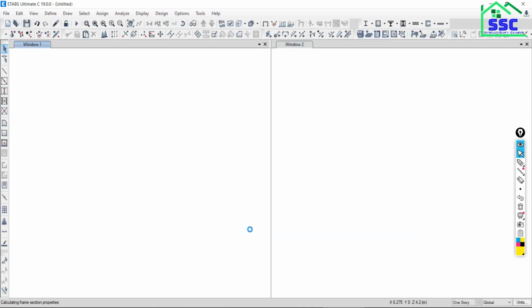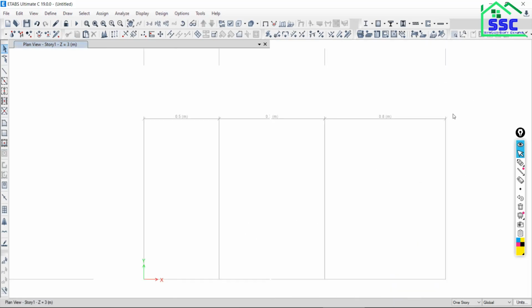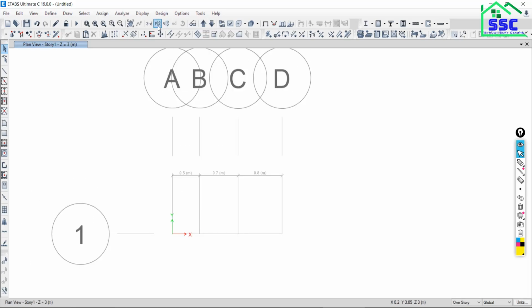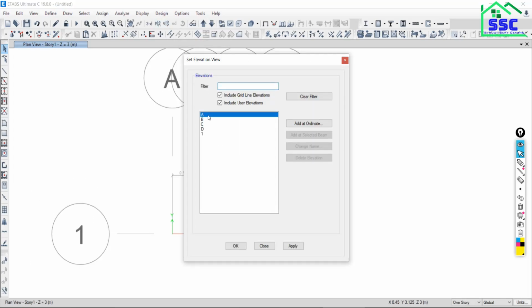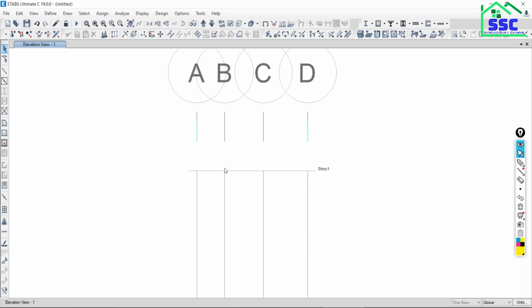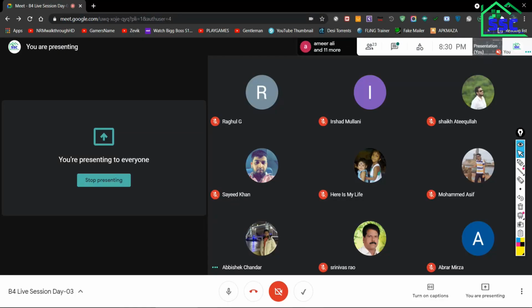Once you click over the OK, two windows will be there. Close the 3D view, and this is the plan view. So go to edit, go to elevation, and go to along grid first. Say apply. So instead of working here at the base level, I would like to work at the first level. Is there any problem to anyone?